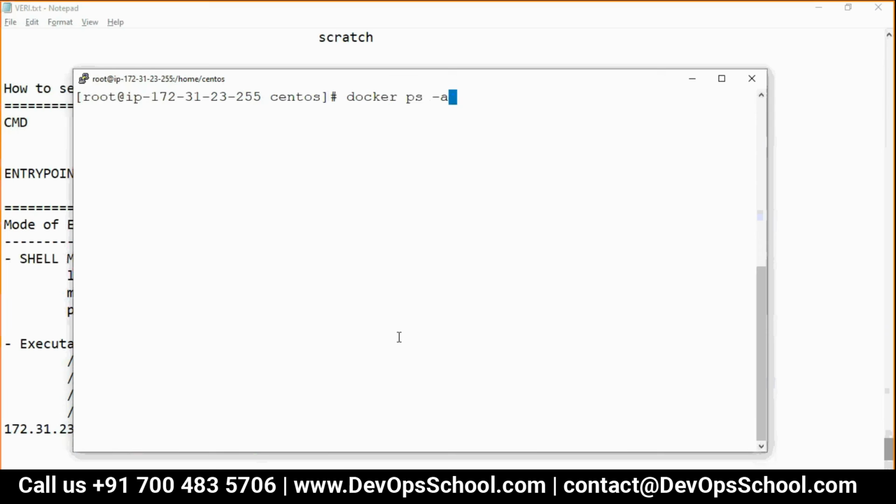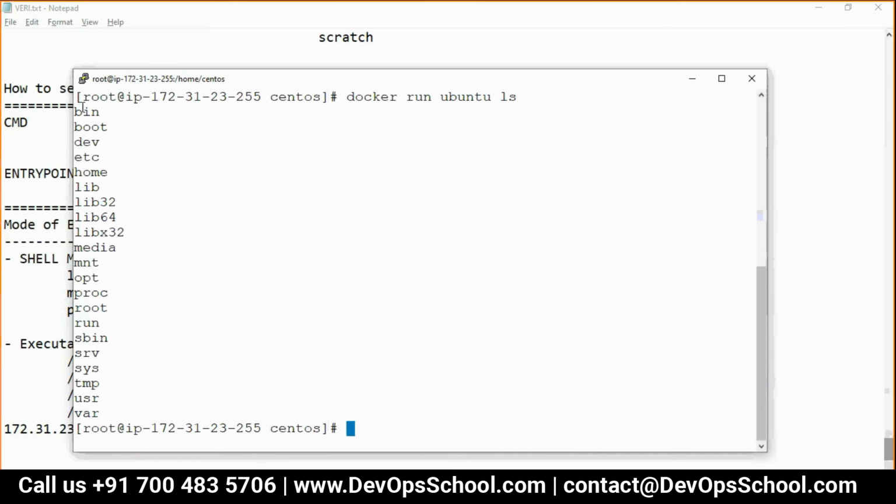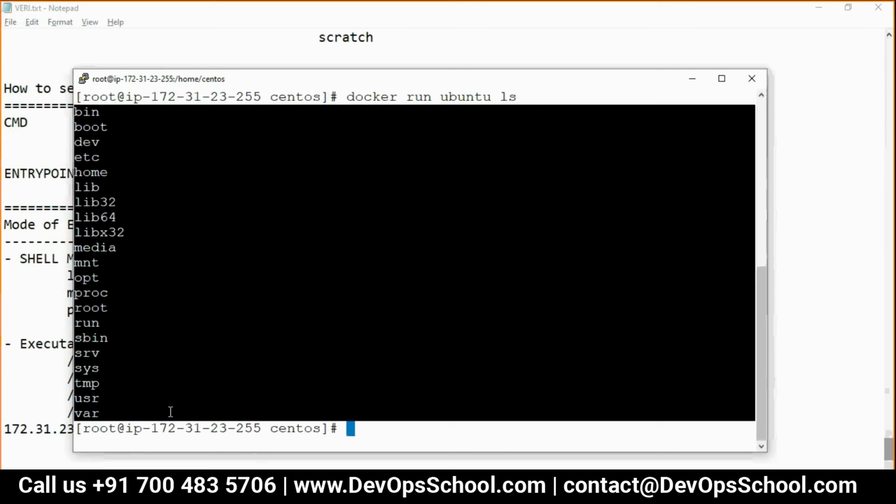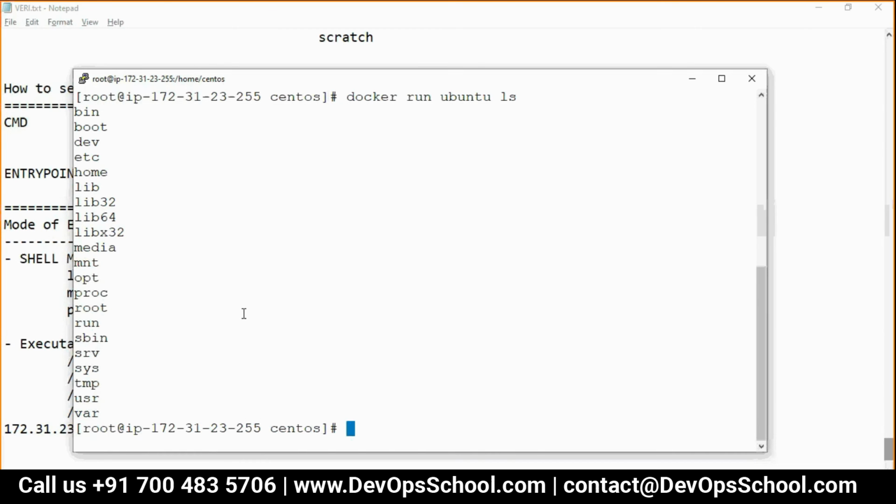You want to see that? So here, -d I'll remove now. See here, it completed the work, and then it exited. Understood? So it completed the work and then exited.